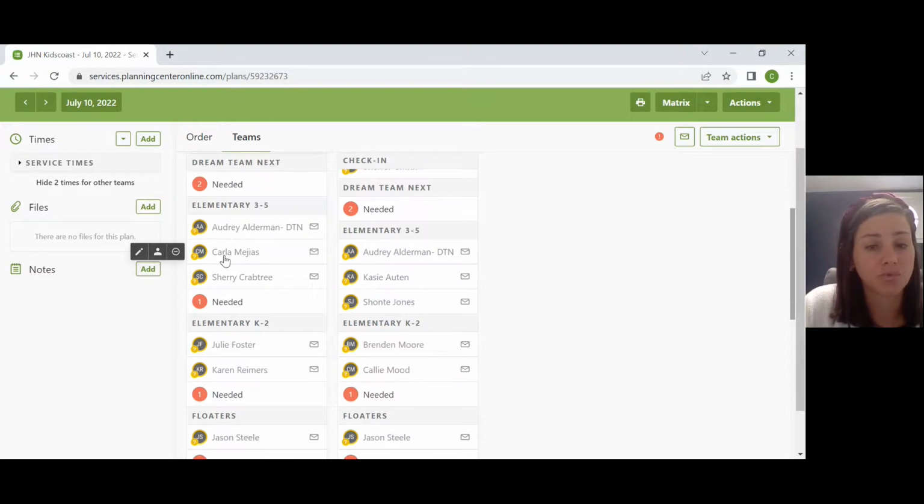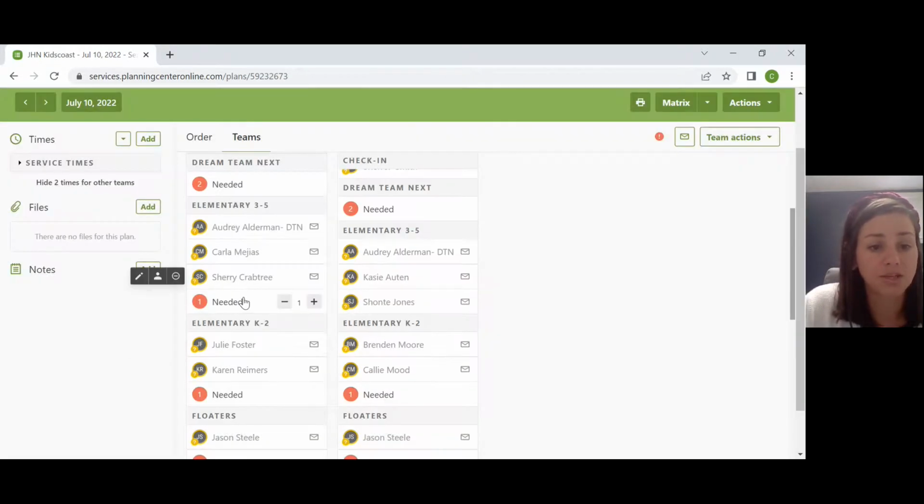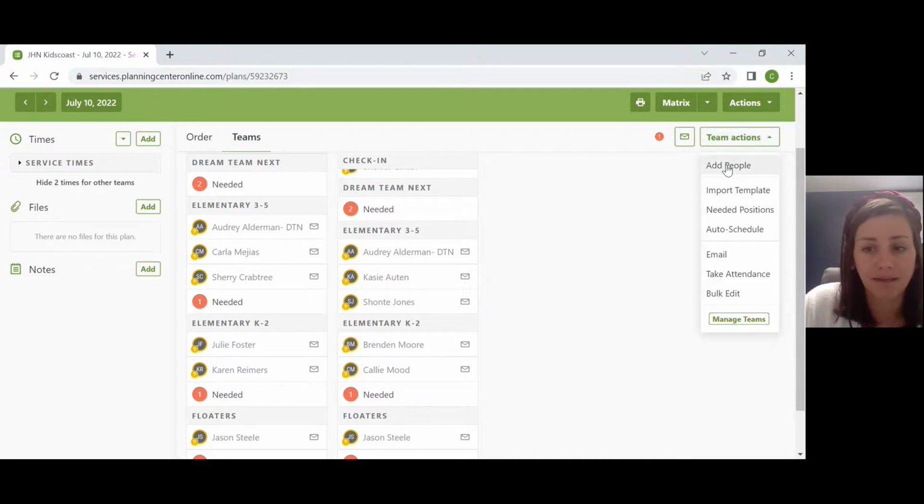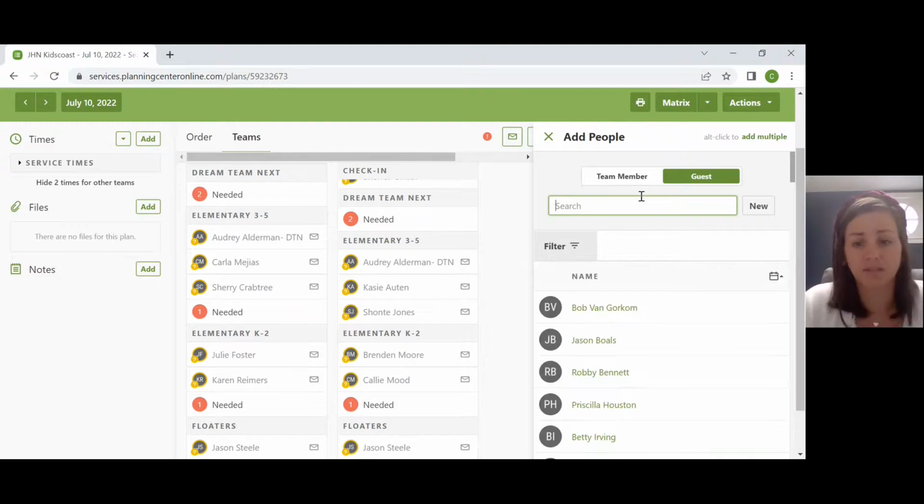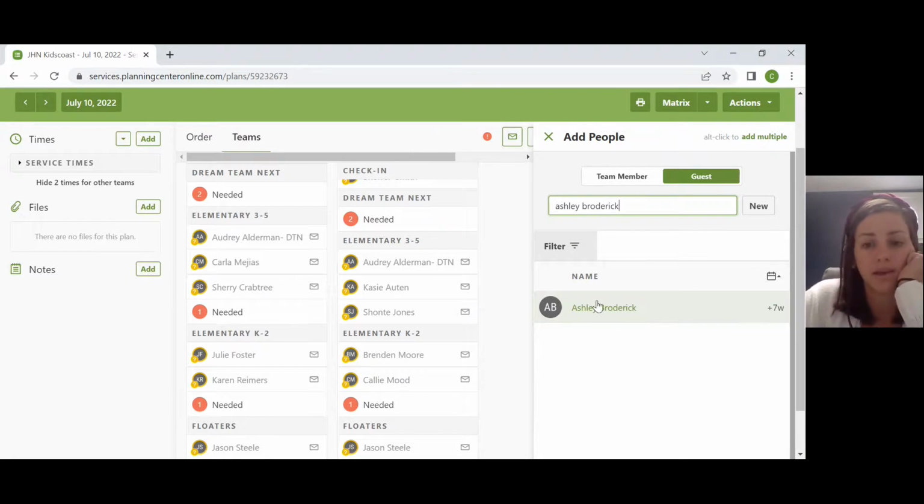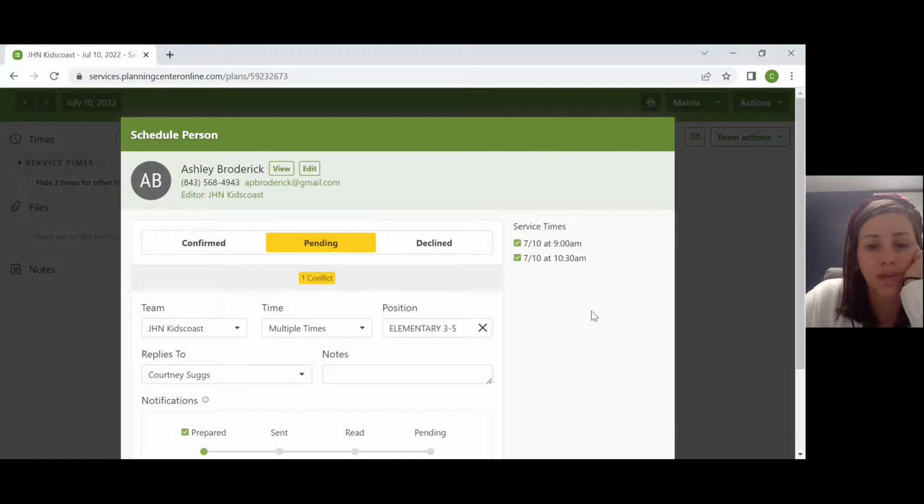You would actually just want to delete her out of here. So you push this button, remove her, and then make sure that you add Ashley in here. So let's show you how to do that. If you go up here to Team Actions, add people, it'll pop up and give you a chance to search for someone. So you can type Ashley Roderick, select her name, and then at that point,